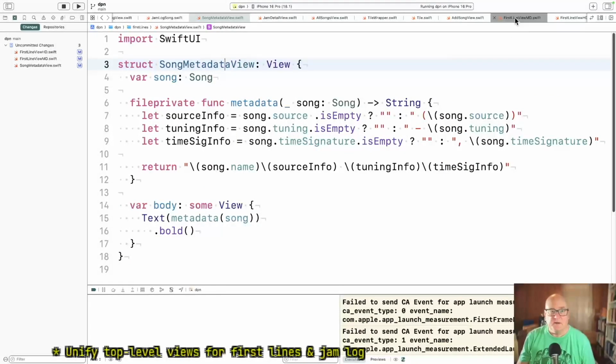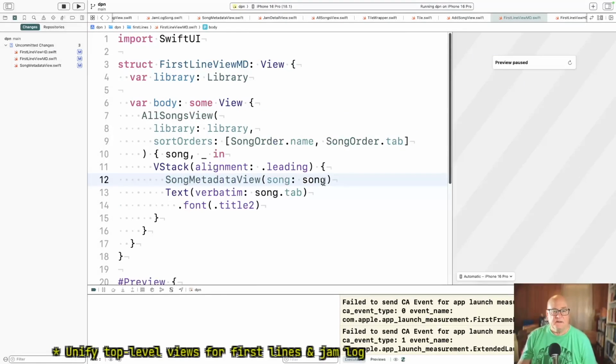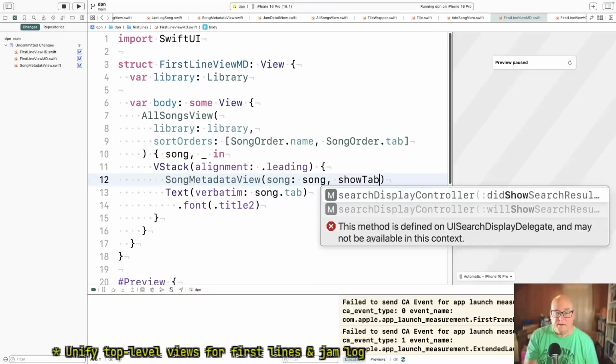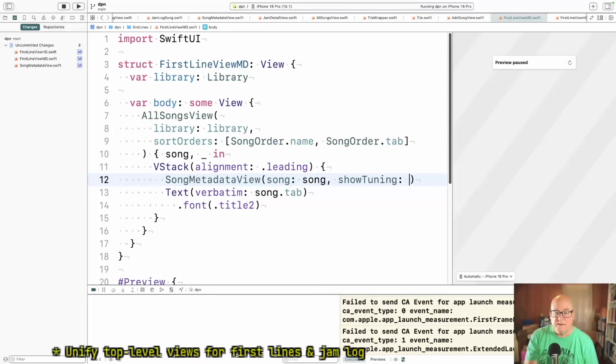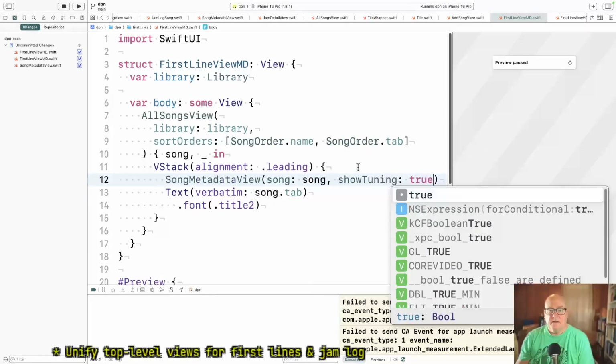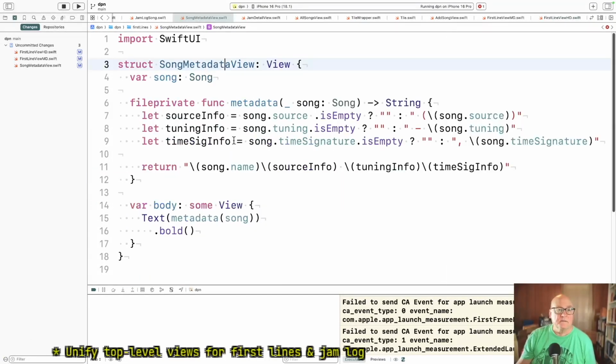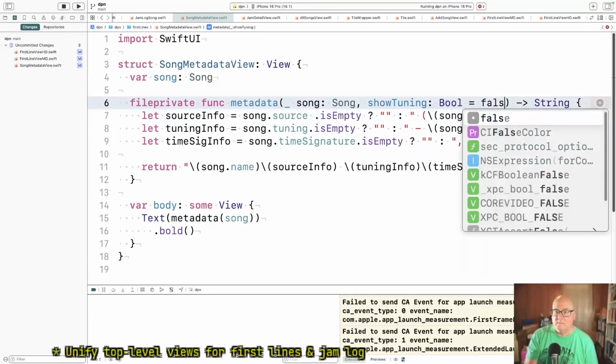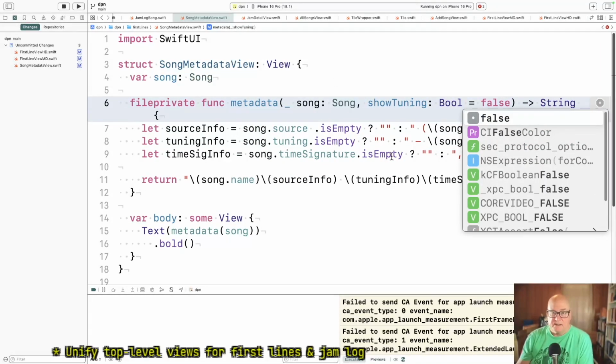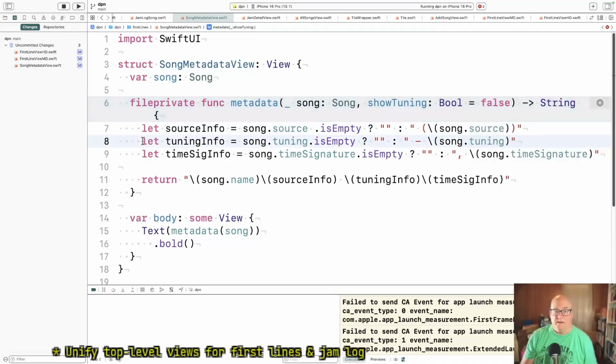Song metadata view is called these two places. Maybe I just add a flag for it. Show tuning, true. And then let's add this song. So I'm going to default it so you don't even have to say it if you don't want to know it. And then